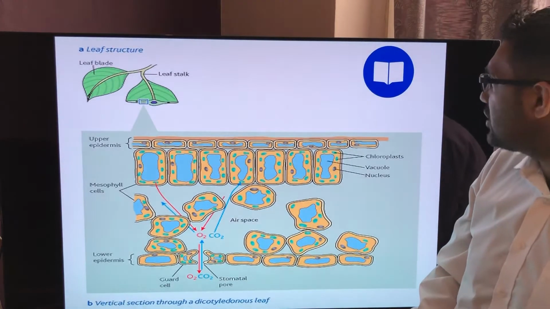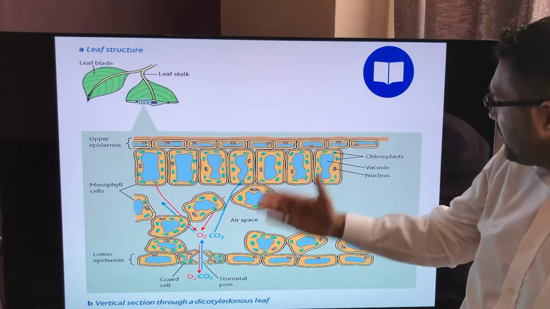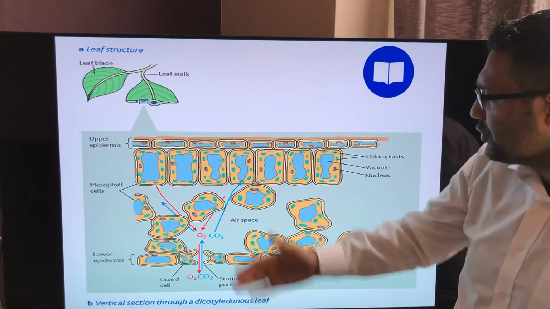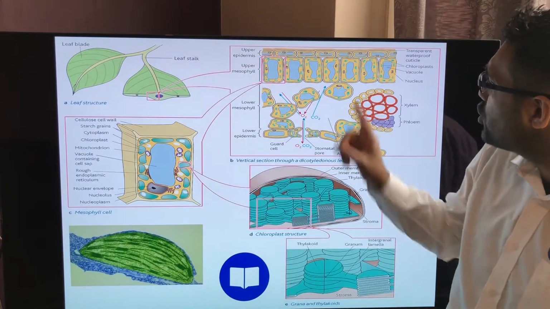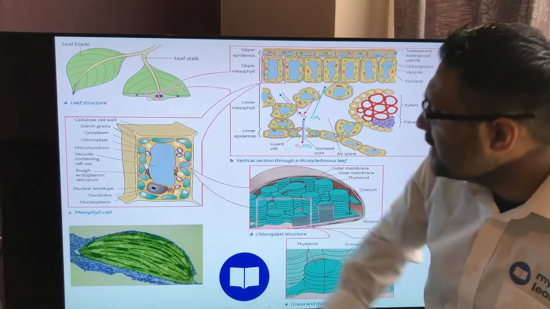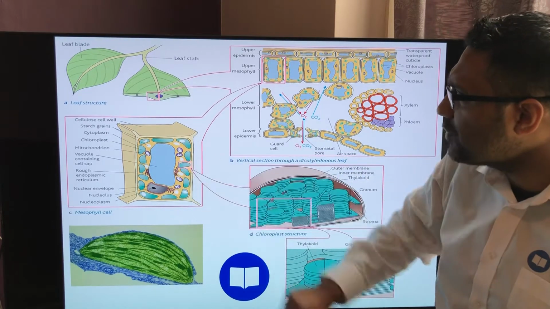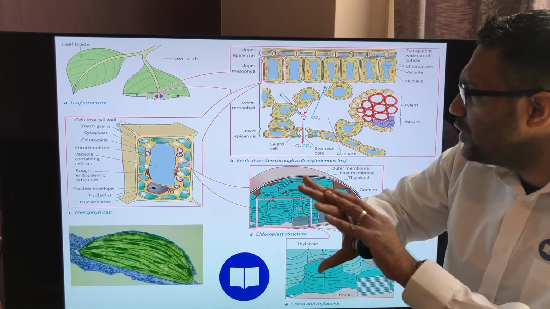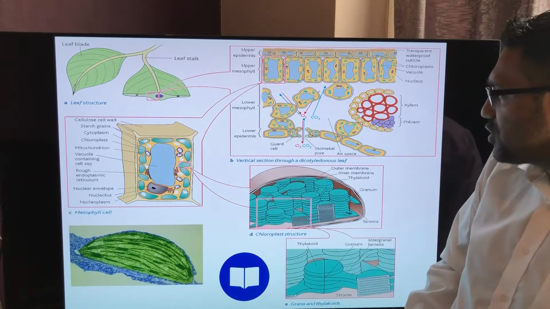So that's another little diagram there. It's a cross section through the leaf, and we've just looked at that. That's more of a 2D diagram compared to the previous 3D diagram. So if I zoom into that diagram and look at one particular cell, in particular the palisade mesophyll layer, you can see they're packed full of chloroplasts. The vacuole pushes all of that stuff to the sides so you can capture as much sunlight as possible. But if I zoom in